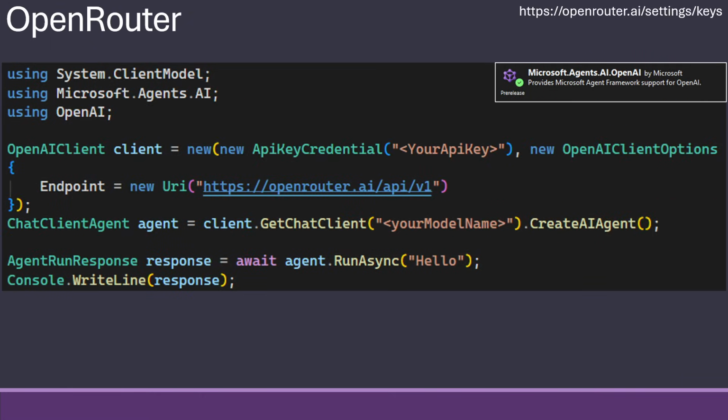Now we move on to some of the ones that are portals for many different models out there in the world. One of them is OpenRouter, that has more or less every available LLM at your disposal, which goes to them as a proxy. They use OpenAI as well, or can use OpenAI. They have their own API as well, but it's easier to just use OpenAI. And in their case, it's just a normal API key. And again, with OpenAI, you need to specify their endpoint, which is openrouter.ai/api/v1, and then the rest is normal.